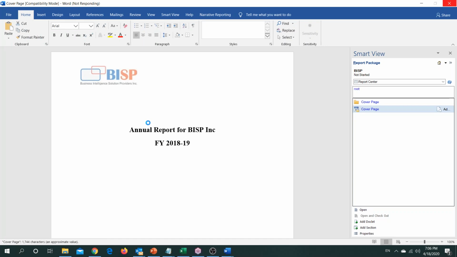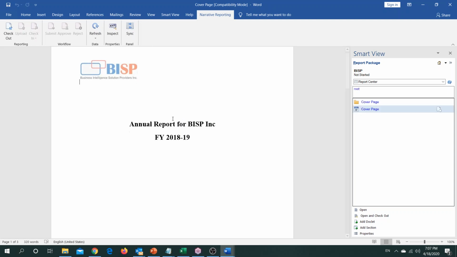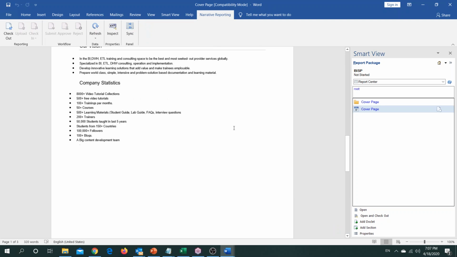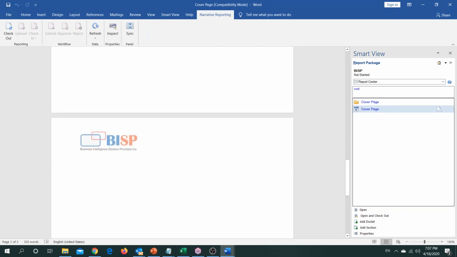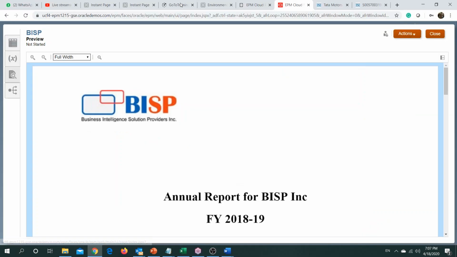So you could have the preview both within the application or also in the Word file. So just checking. Once check-in is done, it will refresh everything. Okay, so this is the information I have included in our application. So let's view the same in our application.